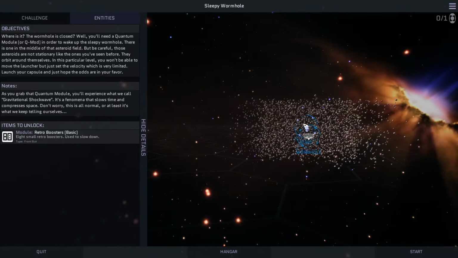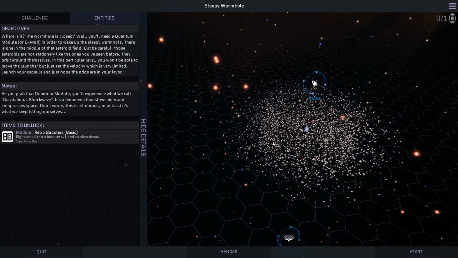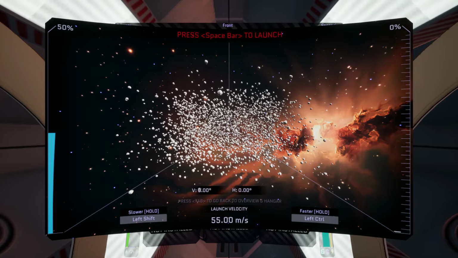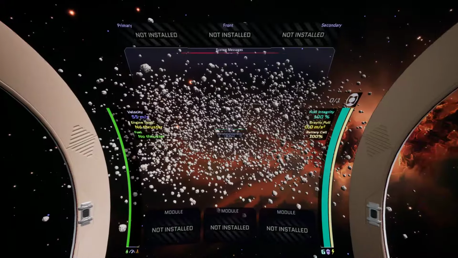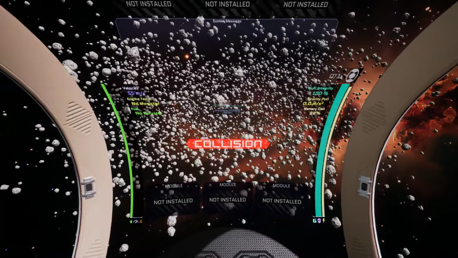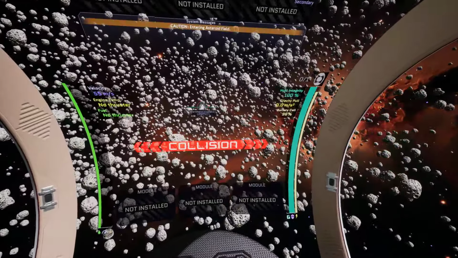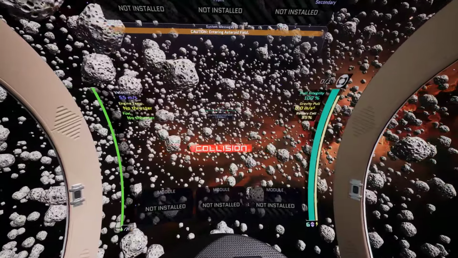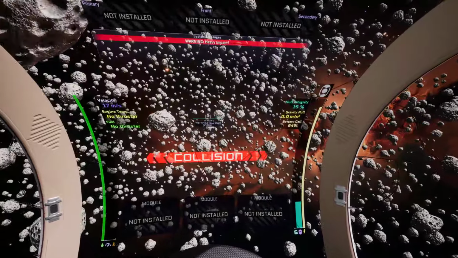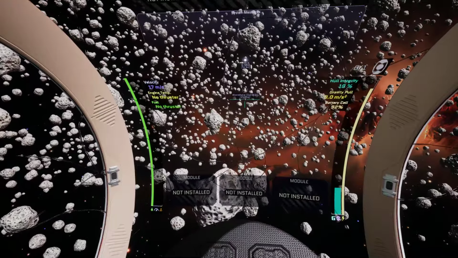So we basically just set a launch velocity, is that right? That's interesting. I also have not yet purchased any modules. Let's just launch it at the set. I would not be wanting to navigate through this. This is just nuts. I mean, we're gonna crash. Oh! Oh! Oh! Well, I guess...